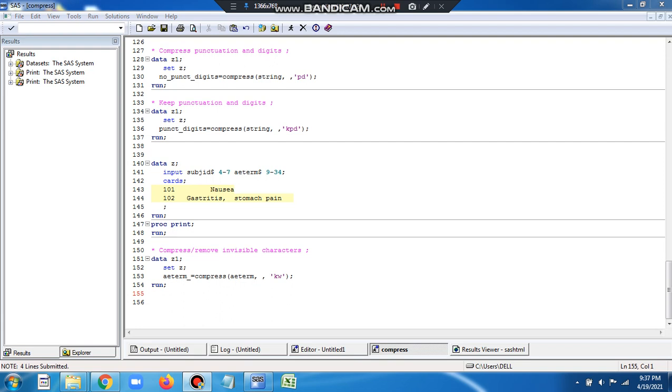Please note that when you use KW as a third argument, it will remove all the non-writable characters. So all the invisible characters will be eliminated. KW means keep only writables. In other words, non-writable characters will be eliminated.